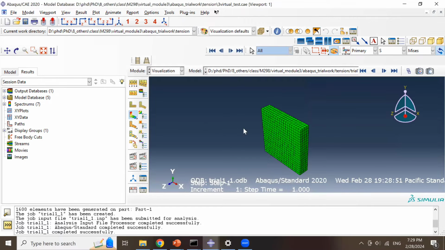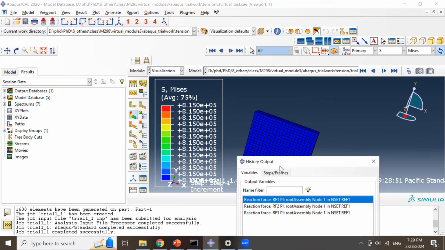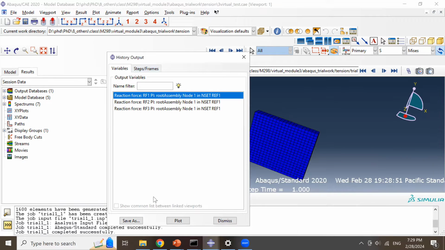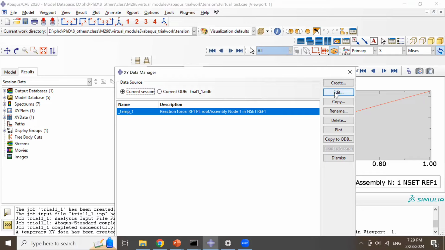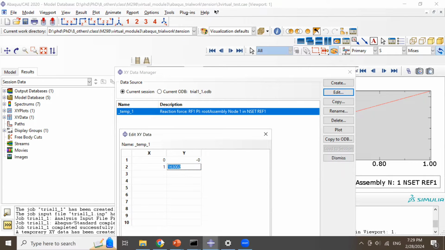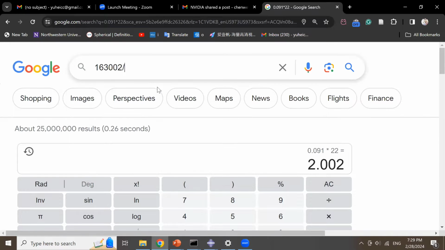Okay, you can see the result. Now to know the stress, we click the result, history output, then reaction force 1. Then we can plot it. Then we click this one, the manager, edit, then we know the value. So this is the force. So force, then we divide the area, the cross-section area, which is 1 by 1, and then divide the